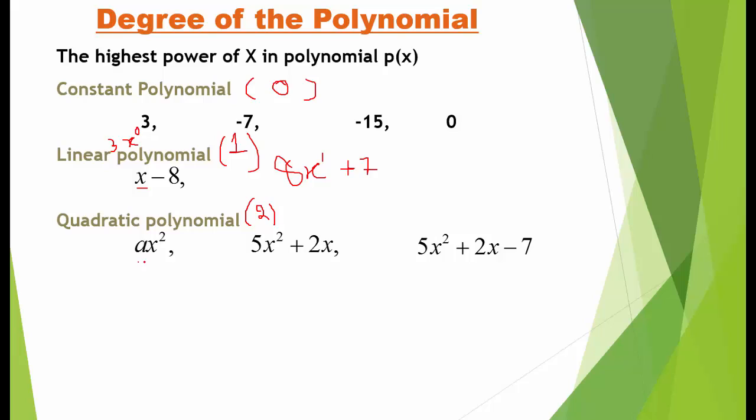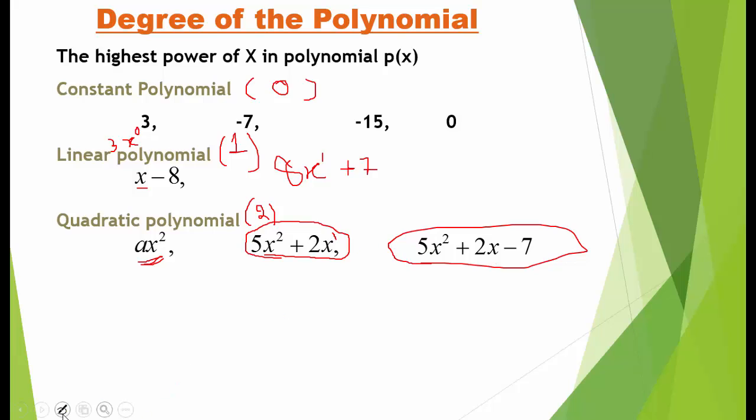Say ax square. Now the highest power in this term is 2, so this is quadratic. If I am checking here the power is 1 and here the power is 2, and the highest power of variable x in this polynomial is 2. Similarly in this the highest power is 2, so these are examples of quadratic polynomial. If we discuss the number of terms, this is monomial, this is binomial, this is trinomial, because this contains